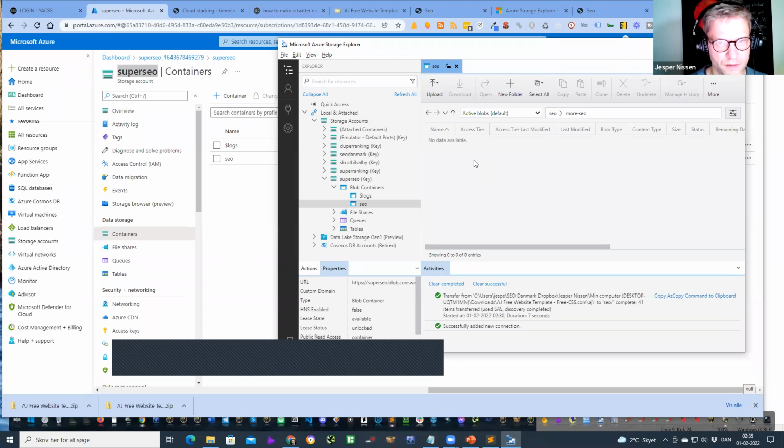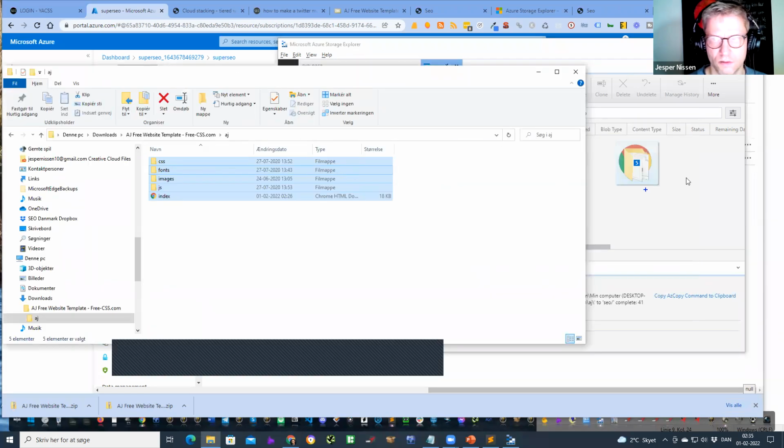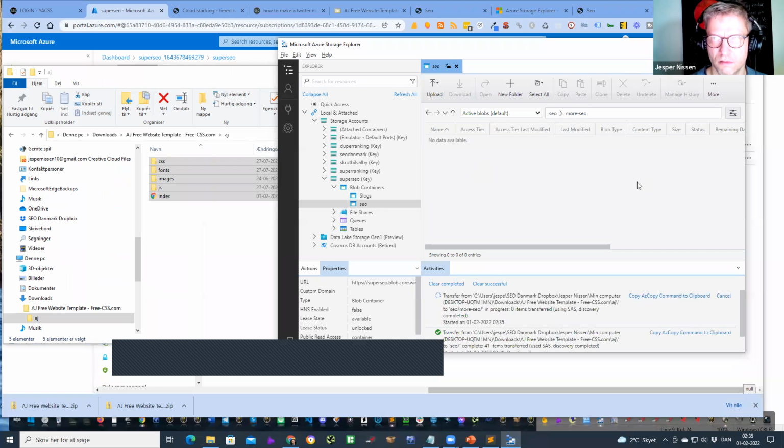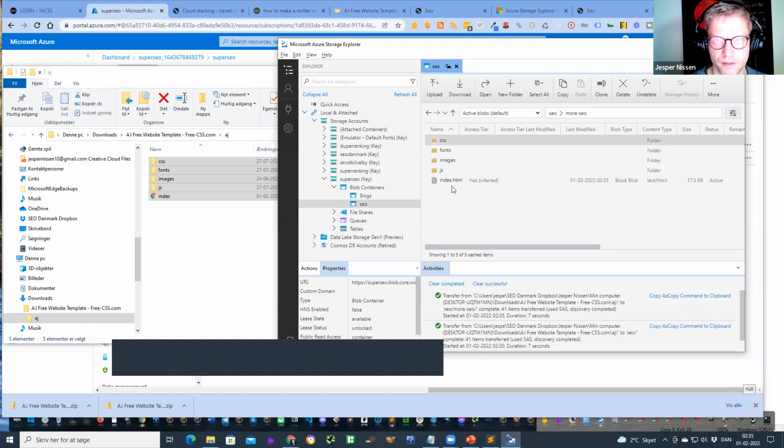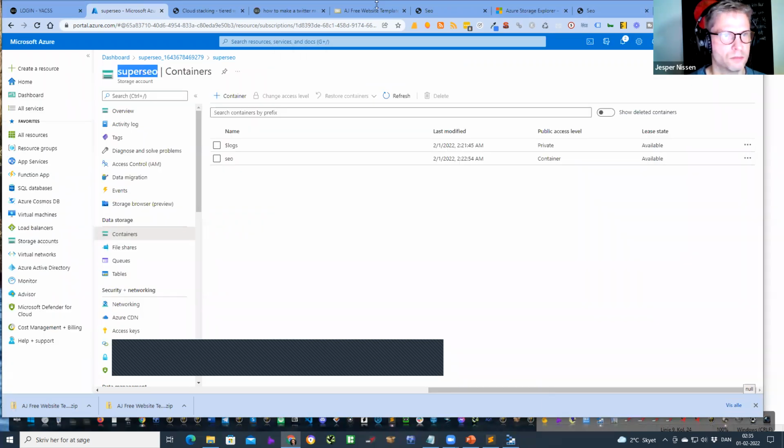I can't paste. It's a little bit annoying. So let me see if I can drag these in here. Let's see what happens. Yes, let's copy the URL and open this.